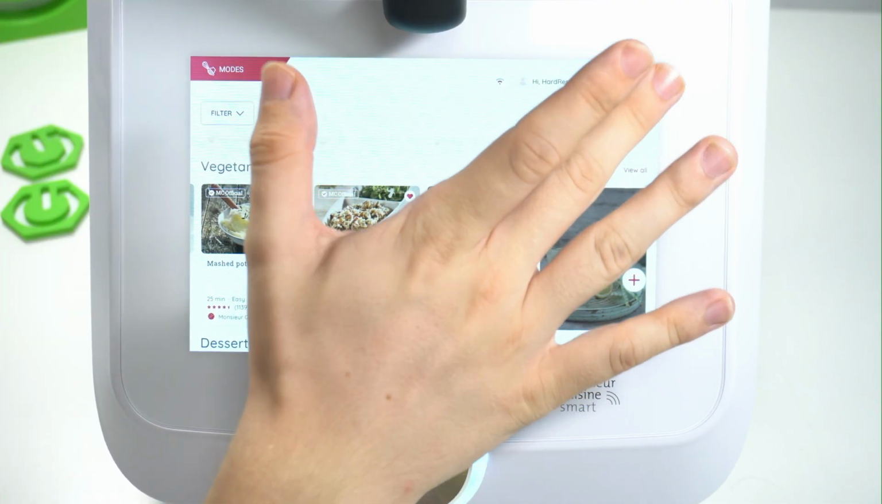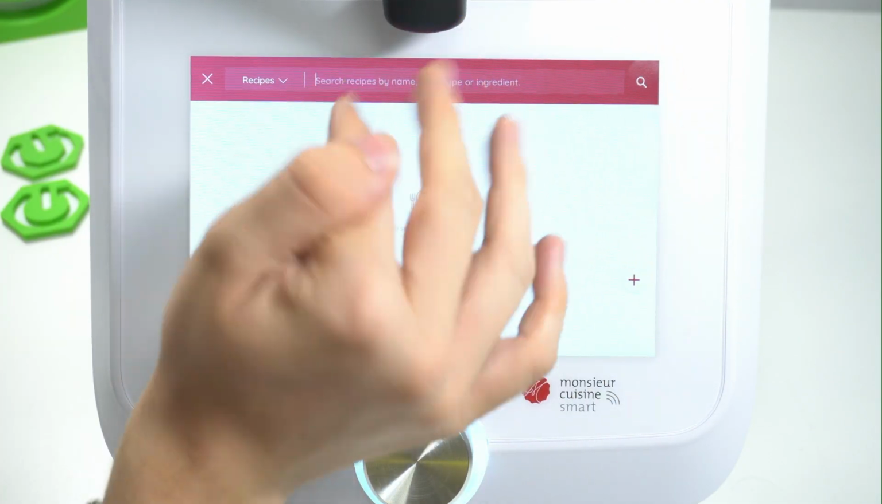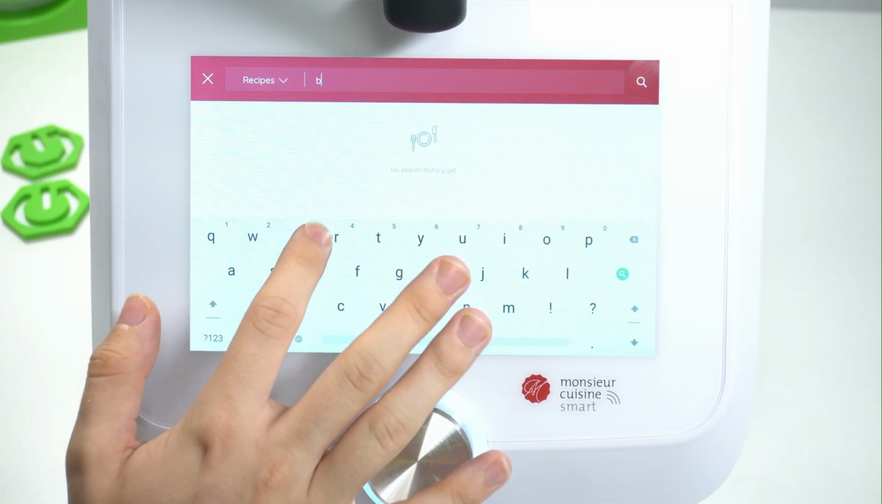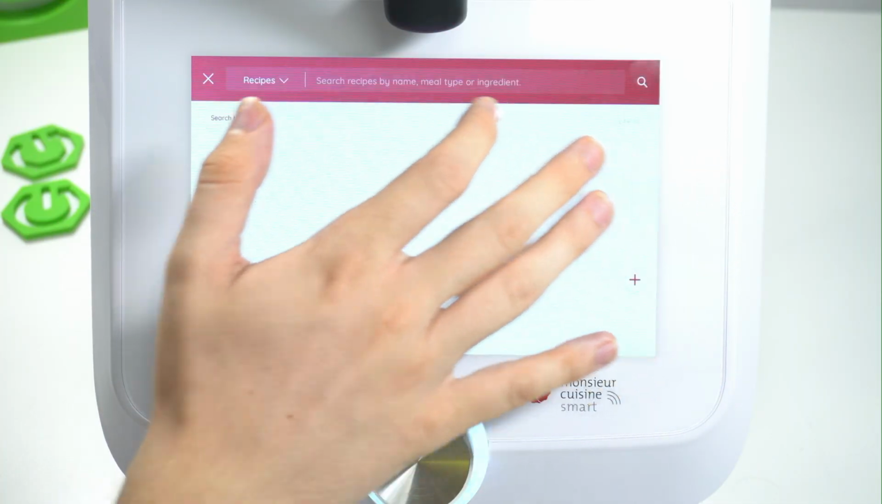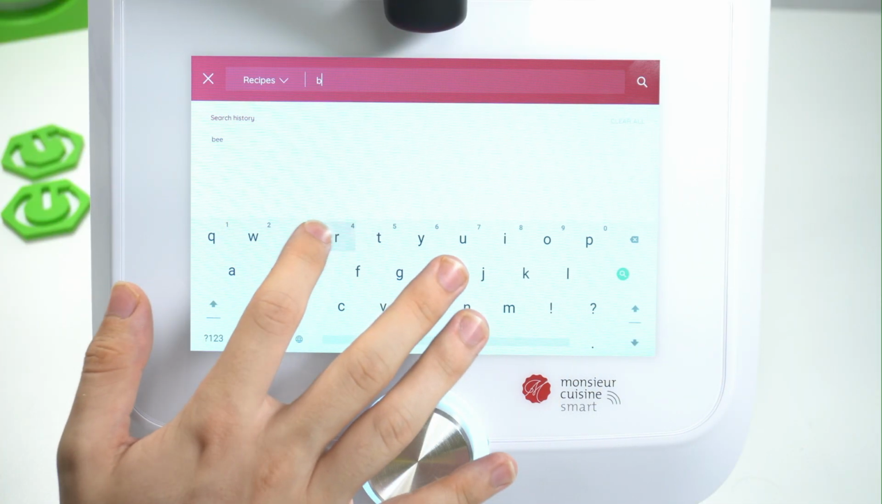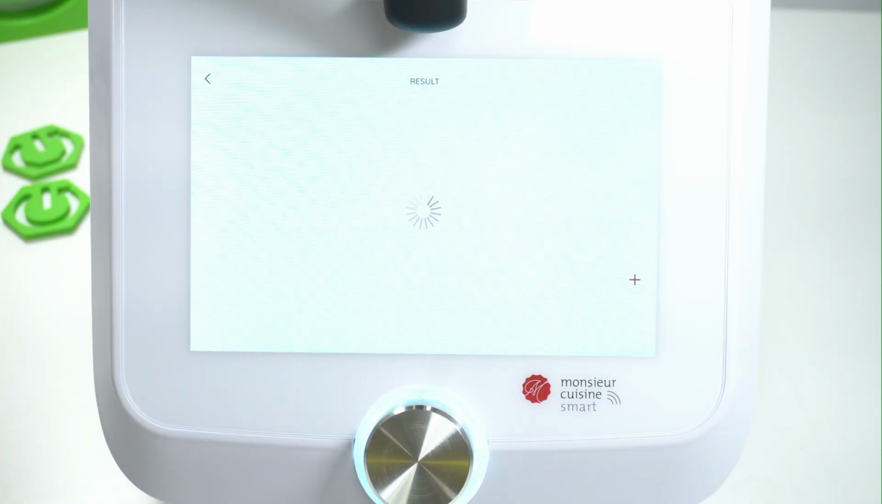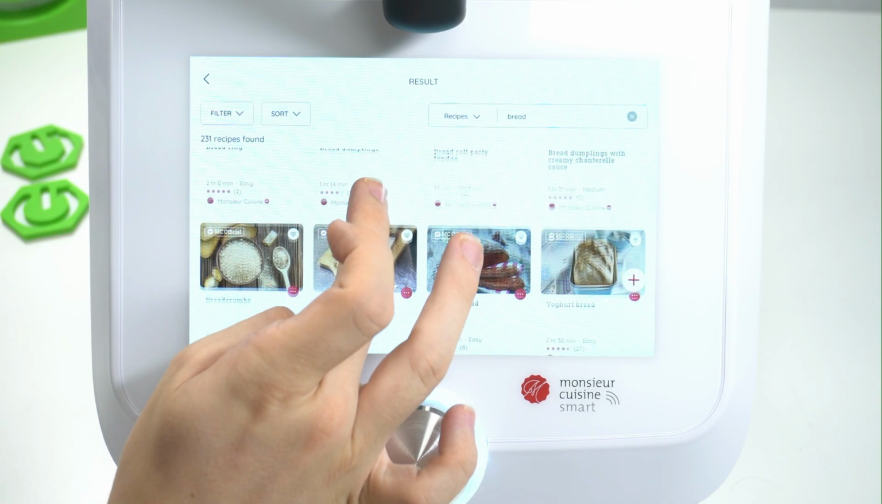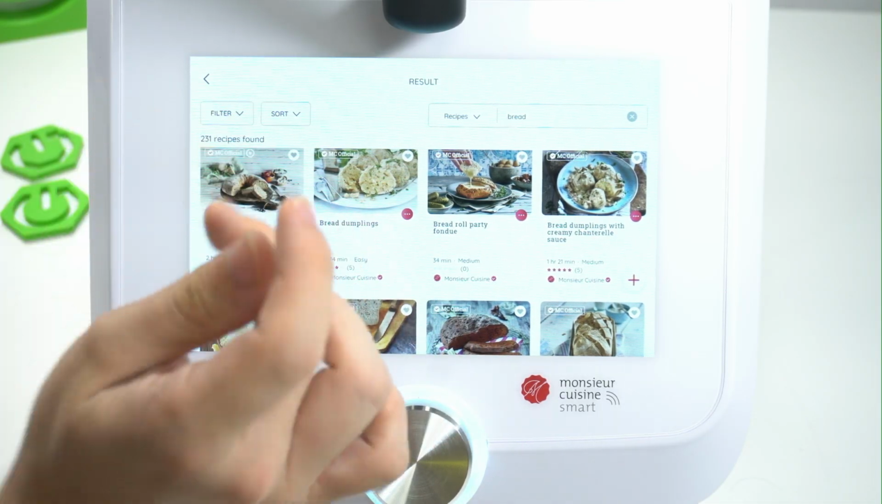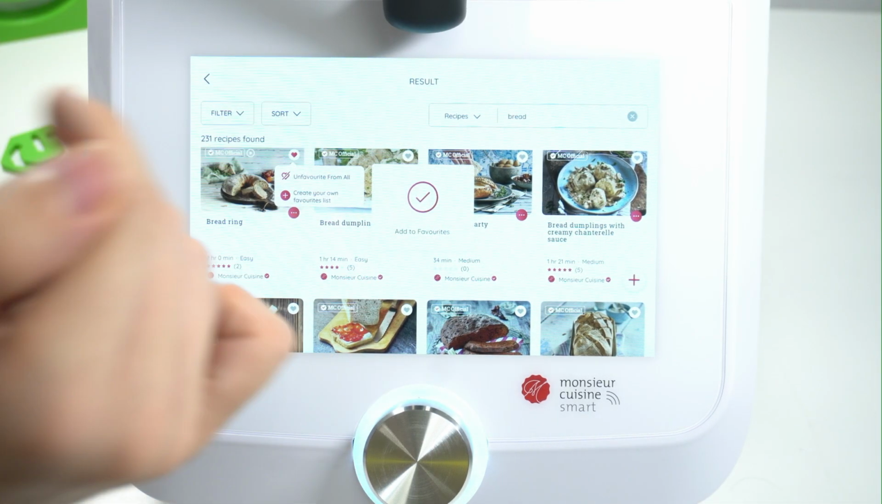You could search for recipes. Oh, I did not want a bee, I wanted a bread. Let's search for it. Then as you can see, it shows me different things. For example, a bread ring, and I could favorite it or just open it and then